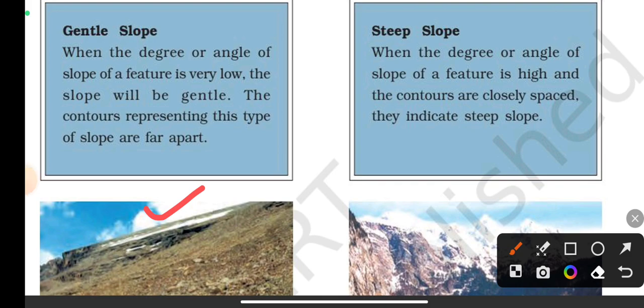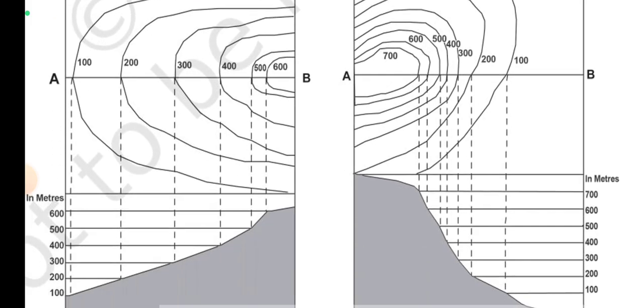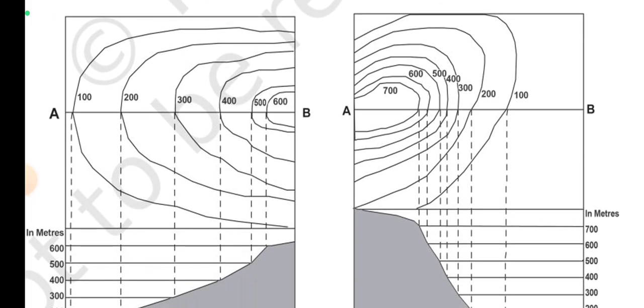Steep slope, when the degree or angle of slope of a feature is high and the contours are closely spaced. So remember this phrase, that contours are closely spaced. So when contours are closely spaced, the slope is steep, and when the contours are widely spaced, the slope is gentle. Okay. Now you can see the actual representation,